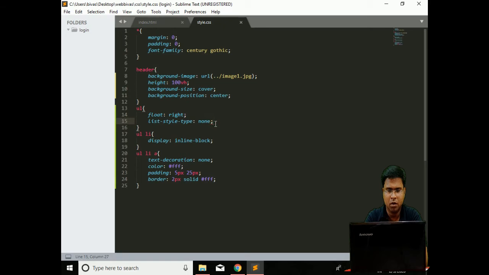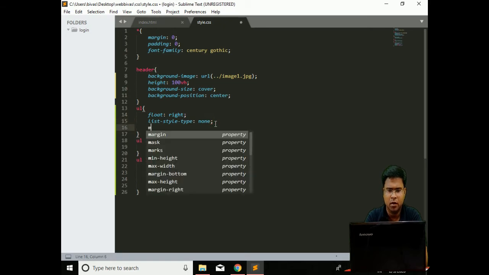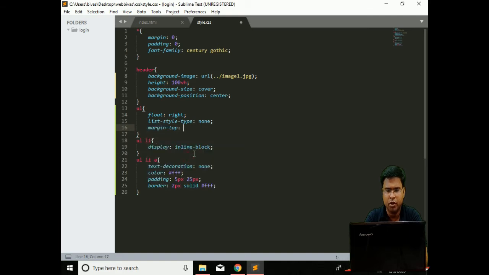Now we are coming to the unordered list. Let's see what changes we can make. I have seen that the menus are at the very top, so I want to bring them down. So margin-top 20 pixel, so there will be a gap from the top. Saving it.